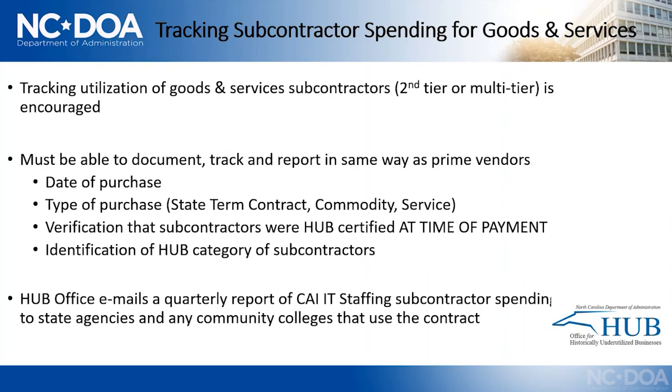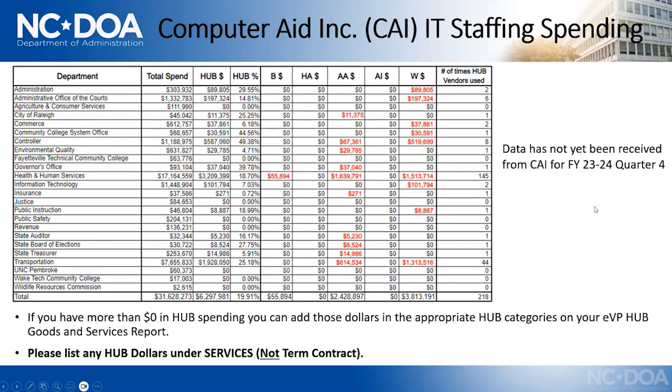On the construction side of things, there are all sorts of forms that we have, when people are submitting bids, and after they've started working with folks, they keep up with who was paid that was a HUB vendor, and we don't have that built in by statute on the goods and services side. So it may be a little bit more challenging to capture that, but it can be worth the effort to do that. And the reason that I say that is this one